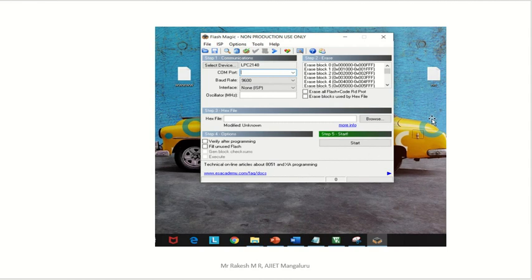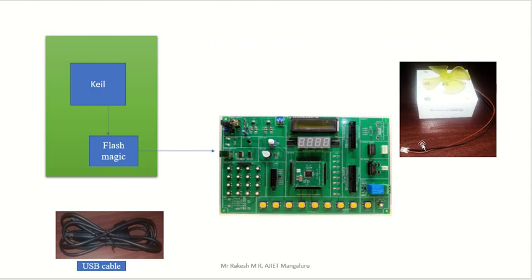Now your job is to see your kit. On the kit, the DC motor will rotate in clockwise or anti-clockwise direction at a particular speed. If you want to change the direction, we connect some pins or switches to your program.